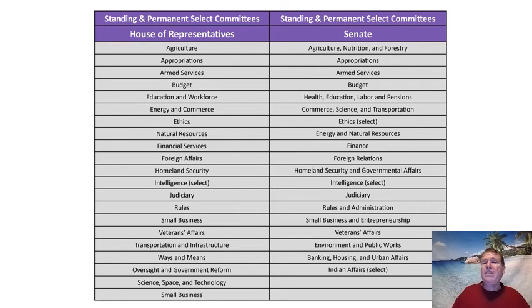So you see the list here of the committees. And of course, they range basically almost anything that we Americans have an interest in. Of course, agriculture, which means farms and food, etc. Appropriations, which means spending money, raising money. Armed services, the military, the budget, how much money we're going to spend in the government. Education speaks for itself. Energy and commerce, business. You have natural resources, financial services, foreign affairs, homeland security, intelligence. So almost any subject matter.